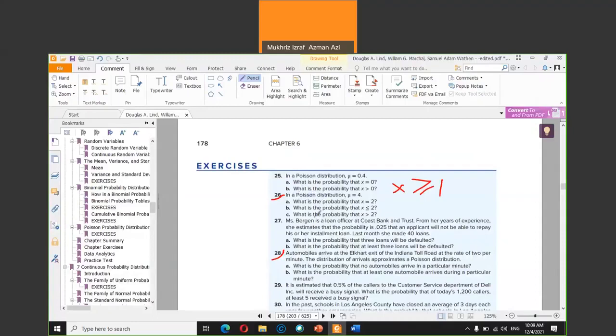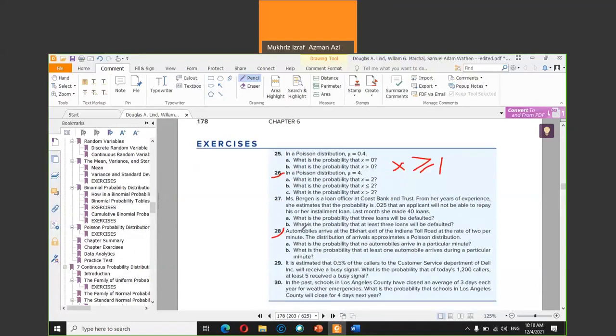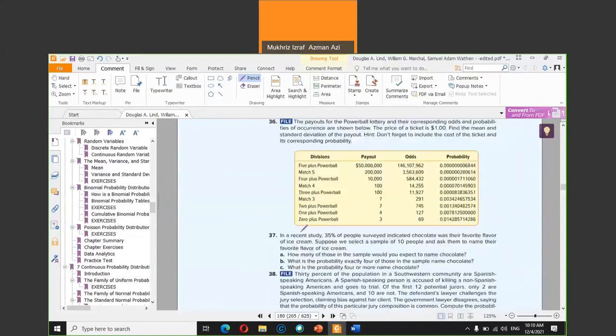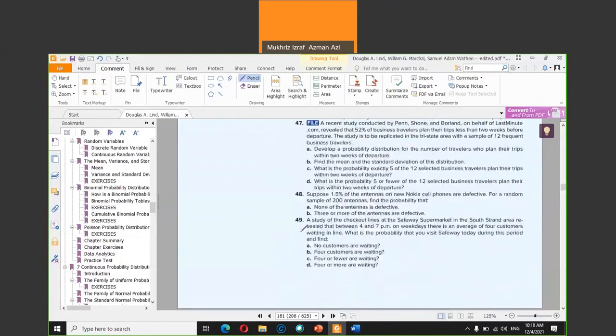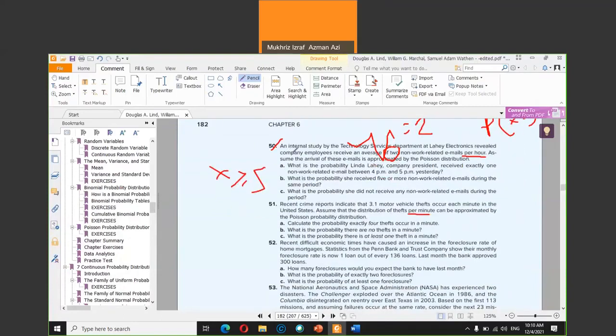I think the rest you can experiment on your own. So for the short assignment, do question 26, question 28, and also question number 50. I think these 3 exercises should be sufficient for you to get the basic understanding of how to apply Poisson distribution. Any other questions, for example question 51, you can check the answers at the back of the book, because your second test will cover topic number 4, binomial and Poisson, and also the next topic that we will learn next week, inshallah.